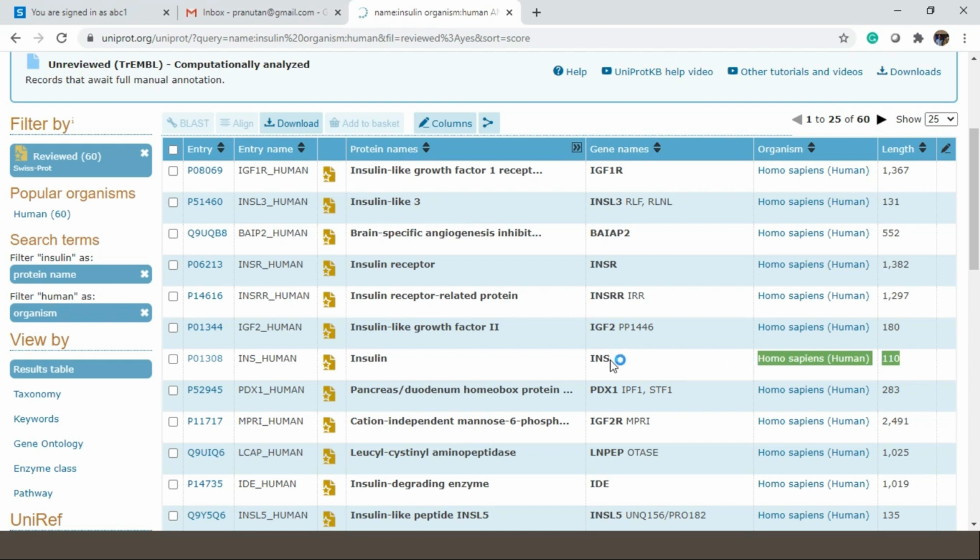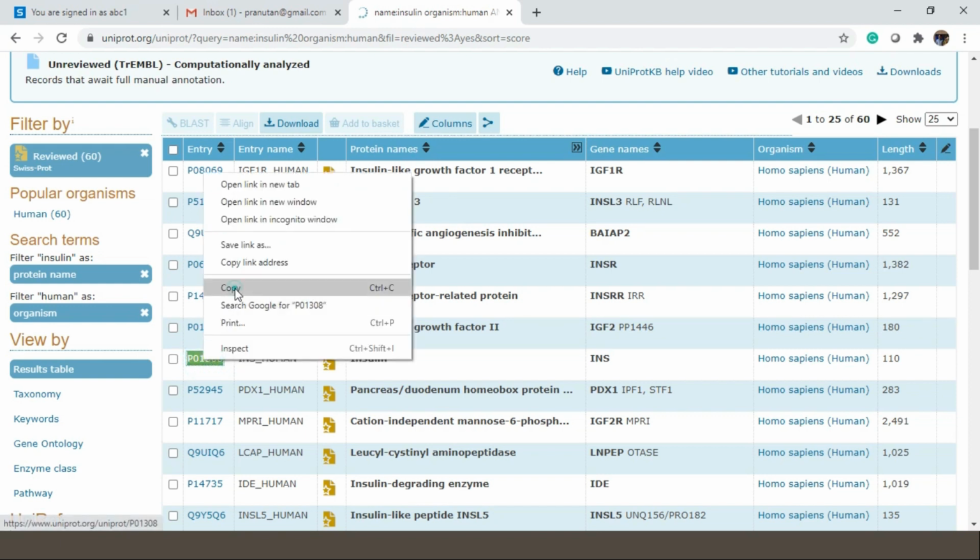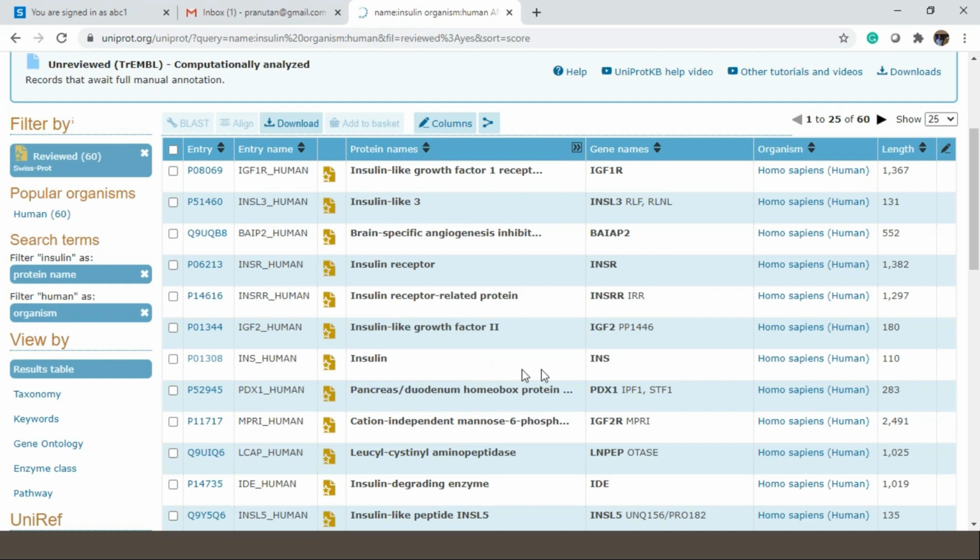The name of the gene is INS, which I covered while demonstrating how to retrieve the gene sequence from GenBank. And here you see the entry name, just like there was a locus name, right? Here they call it the entry name, and this is the protein ID. If you have the protein ID, there is no need for any kind of advanced searching. Once you have the keyword, you can note it down somewhere: P01308. Let me copy it so that later I can demonstrate how to go about it once you have the protein ID. For now, I am just focusing on this one.